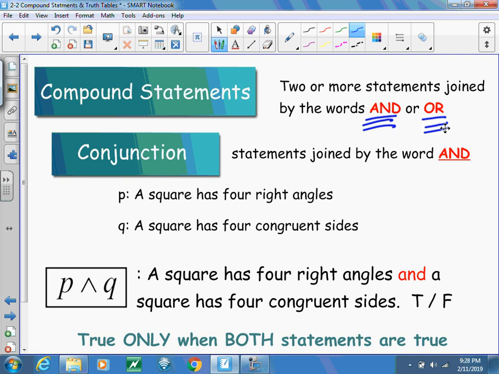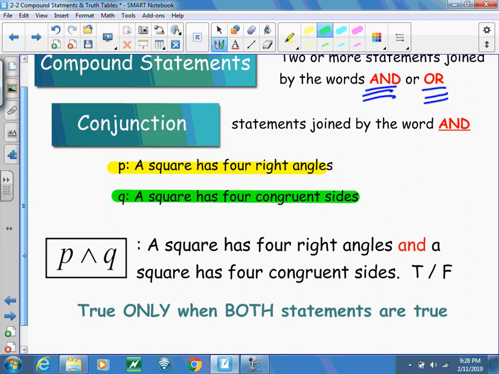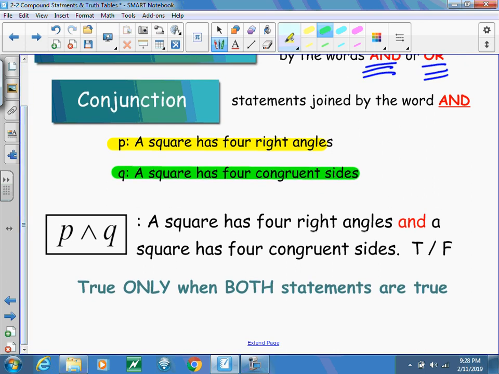So a conjunction is when statements are joined by the word and. For example, here I have two statements. I have statement P, which says a square has 4 right angles, and I have statement Q, which says a square has 4 congruent sides. So if I wanted to write a conjunction between these two,